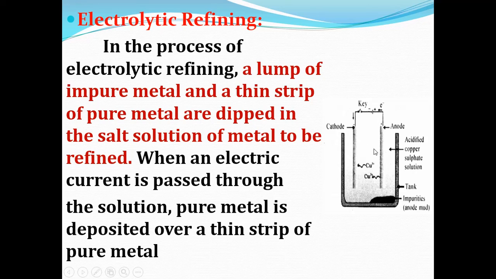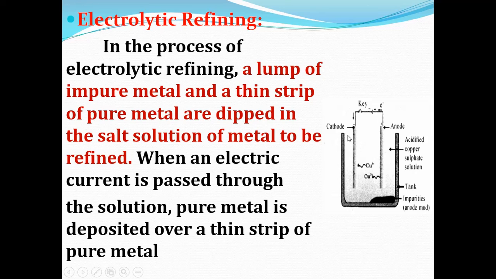The cathode contains a thin strip of pure metal, and the anode contains the lump of impure metal. When an electric current is passed through the solution, pure metal is deposited over the thin strip of pure metal. The impurities